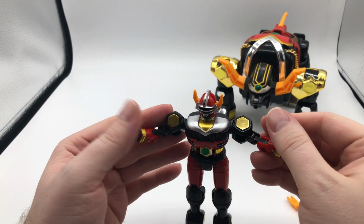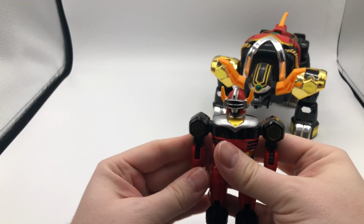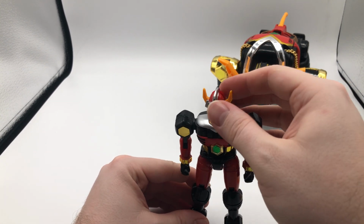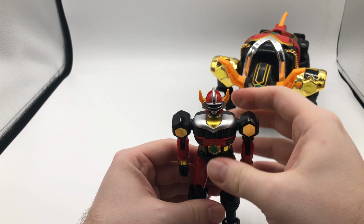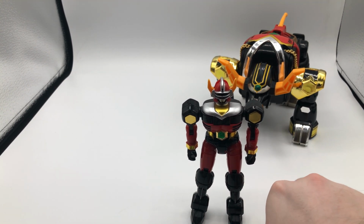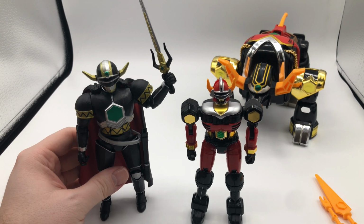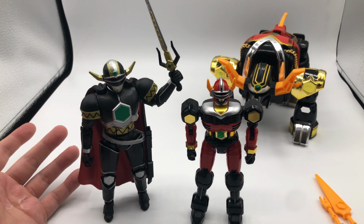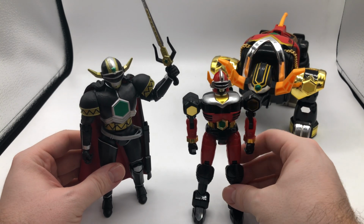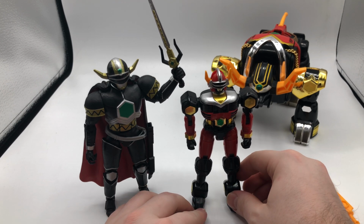as you can tell, this is a giant version of the Mega Defender. But I thought it would be nice to show you a side-by-side of what he looks like before he assumes this form. The Torozord looks down on him and shines magic Zord sizing light onto him, which makes him giant, transforming him from this. This is the Magna Defender Lightning Collection figure, and this isn't a review for him or anything. I'm not going to waste time on that, but you can kind of get like a side-by-side and see,